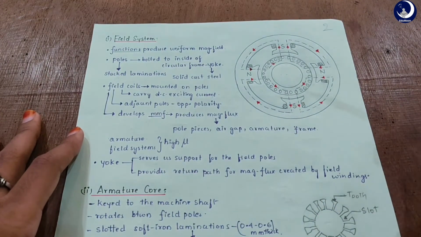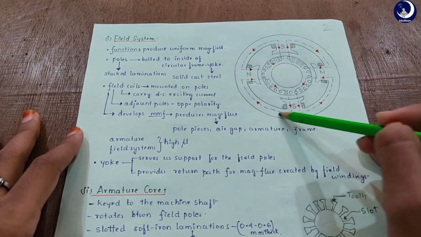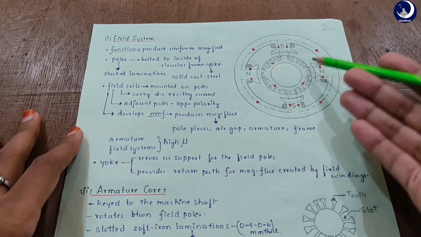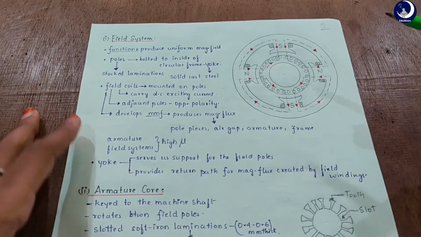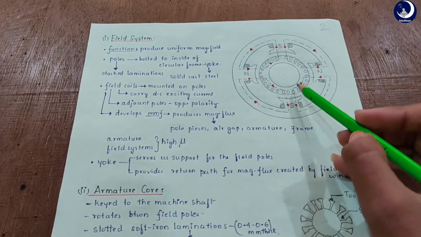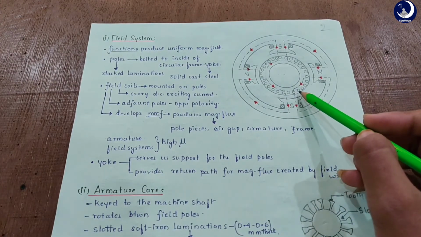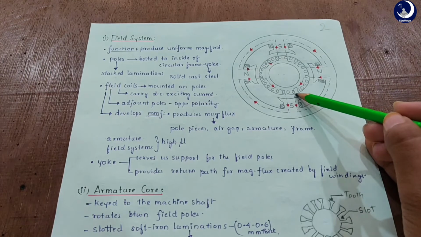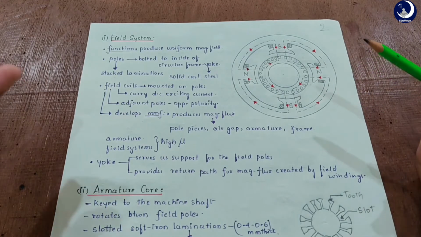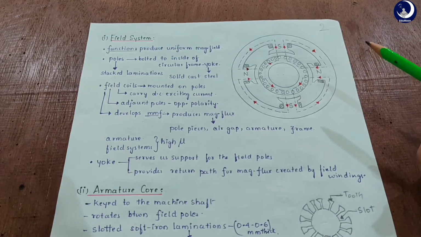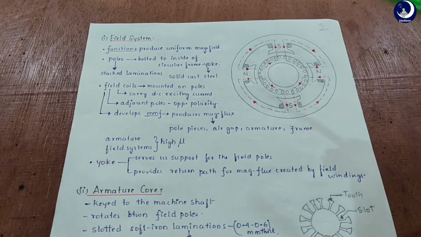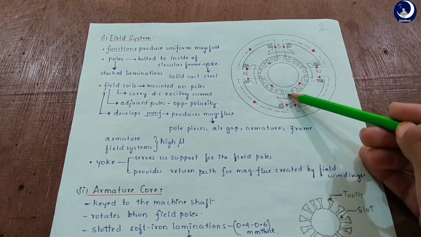And since the material of the armature and the field system have high permeability, most of the developed MMF is used to set up magnetic flux in this air gap, right? MMF is being wasted, so we have to reduce the length of this air gap. Generally for DC machines, the length of the air gap is between 0.5 mm to 1.5 mm. So by reducing the number of turns of the field coils, the air gap can be reduced.